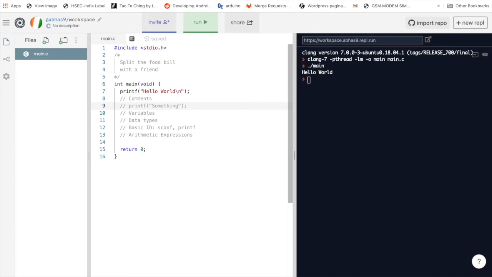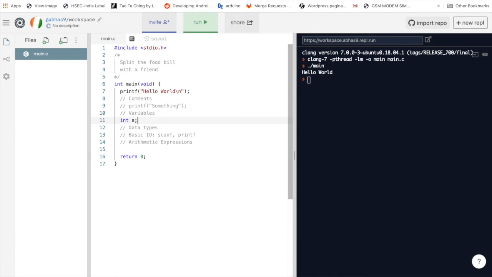Now that we have discussed comments, let's talk about variables. As mentioned, variables are nothing but a named memory location to store some data. The way you declare a variable in the C programming language is by telling the data type followed by the variable name. So let's say you want to store only integer values in a variable. You can declare it using the syntax int and then the variable name. This will tell the compiler to reserve some space for a variable called a which can store integer values.